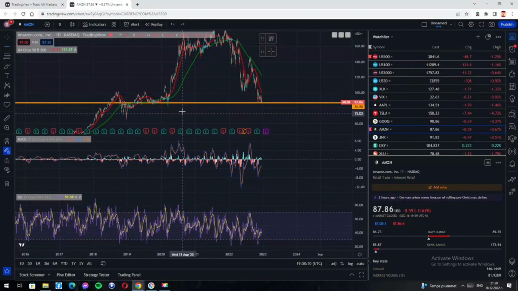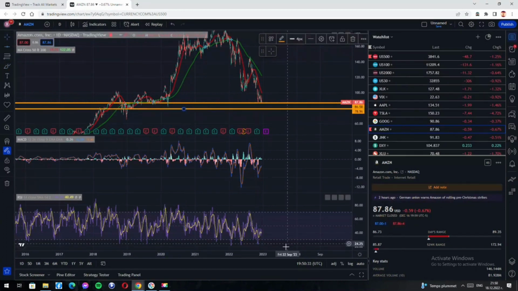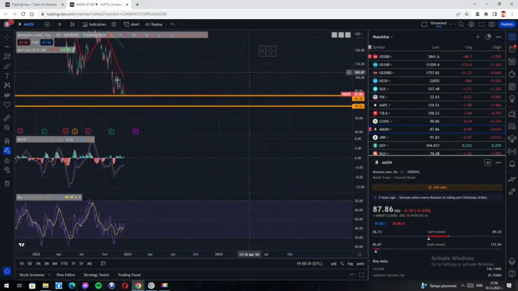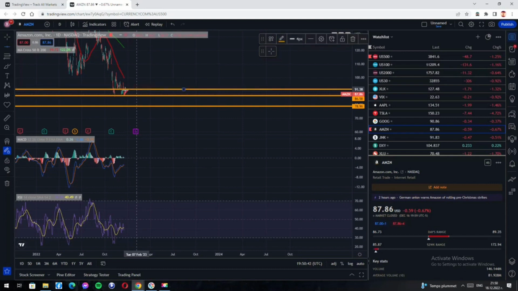But first, as with many other charts, I believe that we will get a dead cat bounce. Somewhere around here is where I will be looking to add into a short position, at around 91. Then we'll be going lower. I believe that we'll end the week at around 80 to 83, right around here.